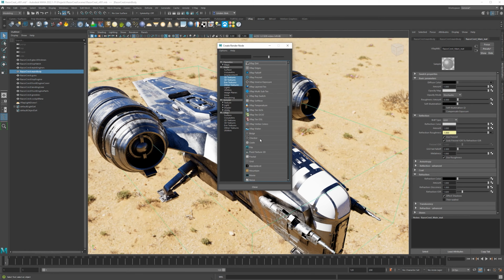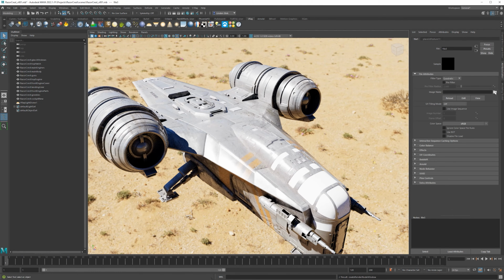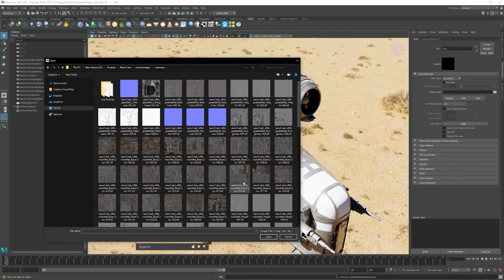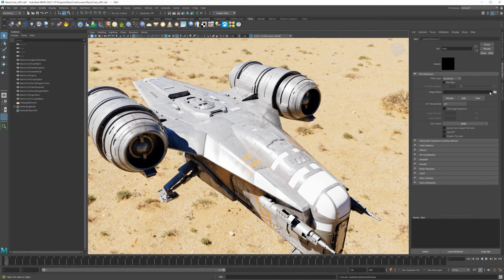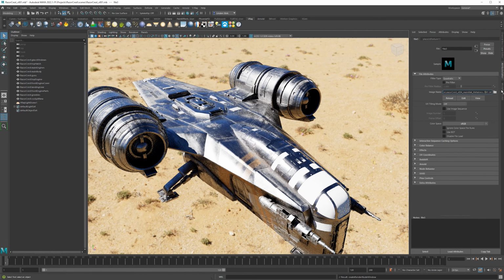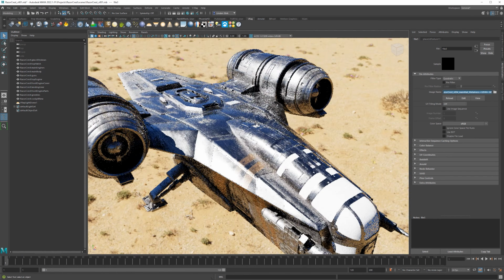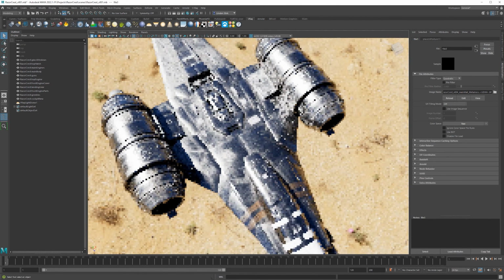We can grab our metalness map, go to File, and by default, it's going to say there's nothing there. It's just black. There's no metal anywhere. We can grab our metalness map from here. Same thing as always. This is something you just have to know for UDIMs. If you see a number at the end and you have more than one texture, that's a UDIM. And when we load that in, by default, the color space is going to be wrong. We just say utility raw. And then we would need to do the same thing for the greebles as well.